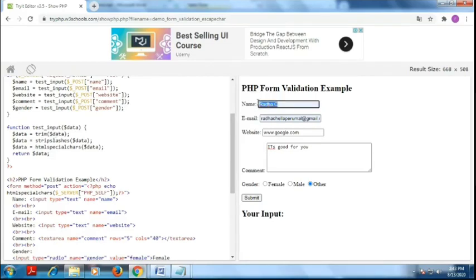If I put a name variable, the trim function will delete the unwanted space before and after the string. For example, I type radha.c. If I give a space on the left-hand side and right-hand side, it can be stored in the database. Actually, it deletes the left side and right side space. This is the meaning of trim.